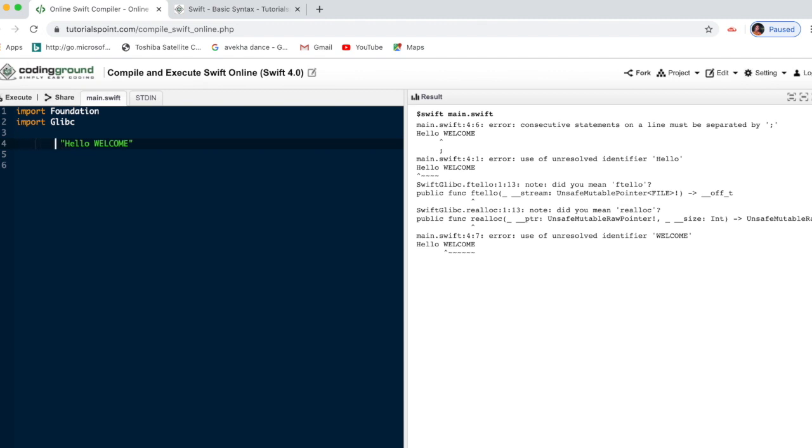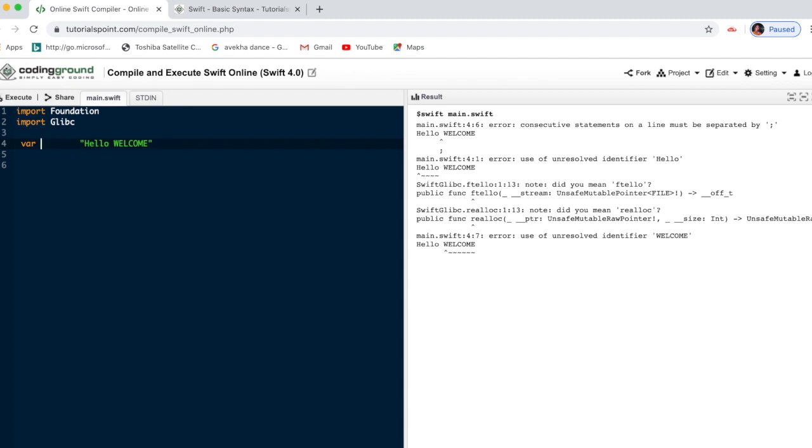Before that, this value must be saved to one variable. For a variable we give the keyword var, in small letters. Then we need to give a space. After that give any name, you can give any variable name.